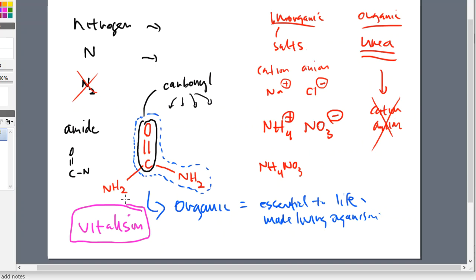That was the old school definition of organic versus non-organic. So organic, we thought, was essential to life, and life had to make it. We could not do that in a lab. The funny thing, though, is that very early on, after, well, not early on, but after that definition was defined,